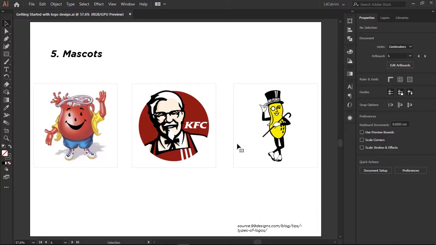So we have others like mascots. These are logos that involve an illustrated character, often colorful, sometimes cartoonish, and almost always fun. The mascot logo is a great way to create your own brand. See this guy? This guy has the best chicken. No, he doesn't make the chicken, but